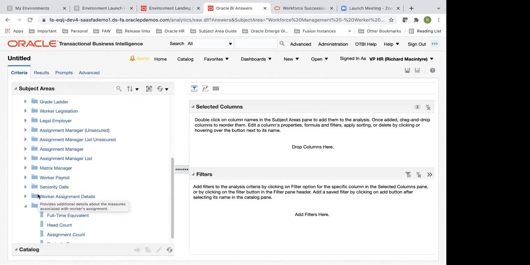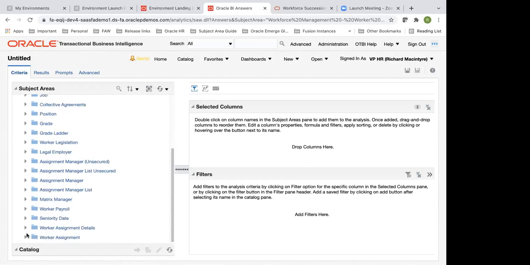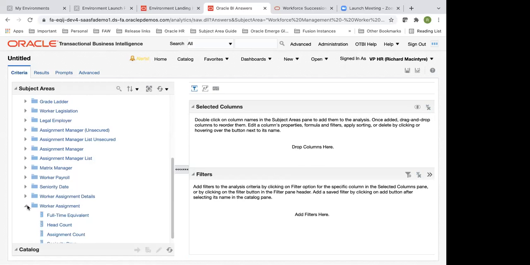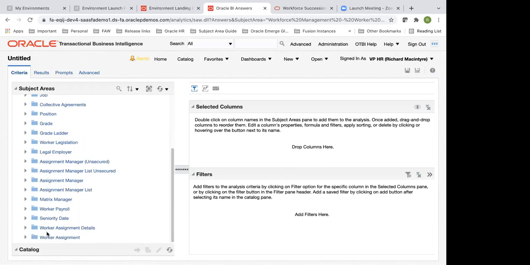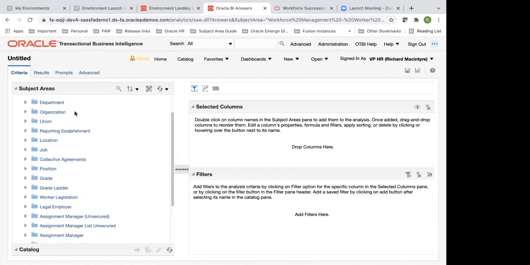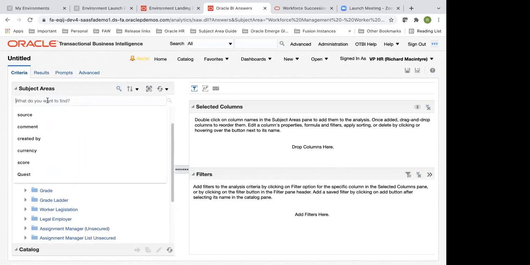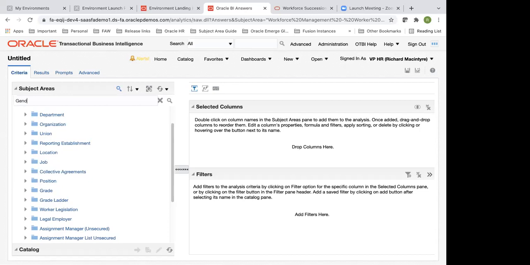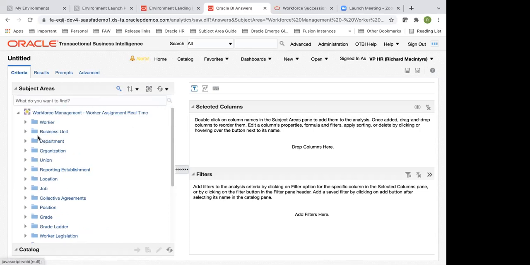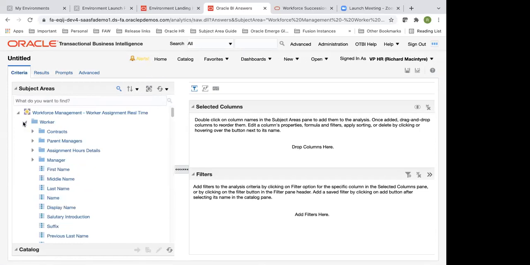I would want to show it through a graph, for example. So what I'll do, again, I'll come to this. I'll pull up, for example, the gender. Any column that you would want to know, you could do a search here. You could say gender and hit the search. It will retrieve all the columns that have gender as their name. Since right now I know the folder where it is arranged, I'll go to the worker folder.